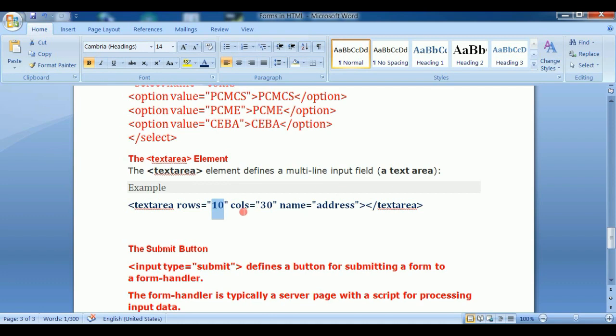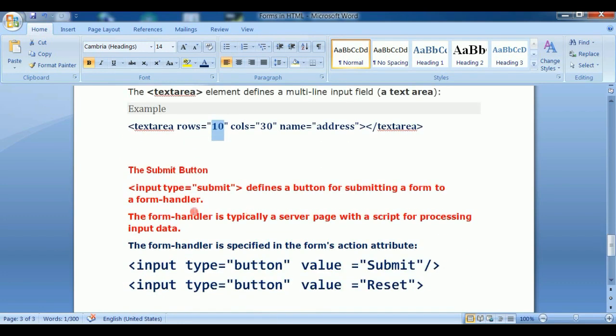Next, finally, when we have written all these things, we have a submit button. Whenever you enter data into the form, only after clicking the submit button will the data be stored in the backend. I already spoke about the backend.